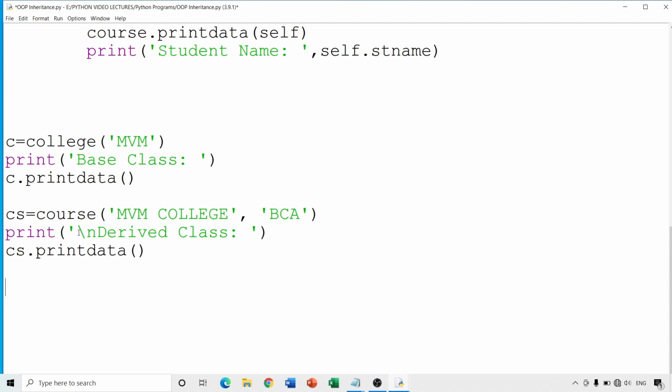And now we make a call. We initialize st equals Student. Definitely, here I have to write something else. So I write MVMC, then the course BCA, and then the name of the student, Sachin, say for example. I have initialized it. Now I will print